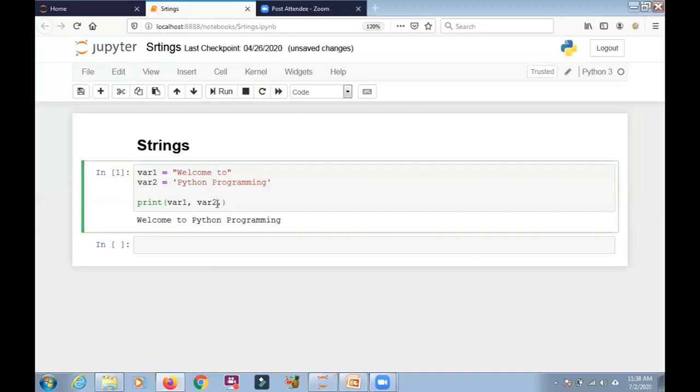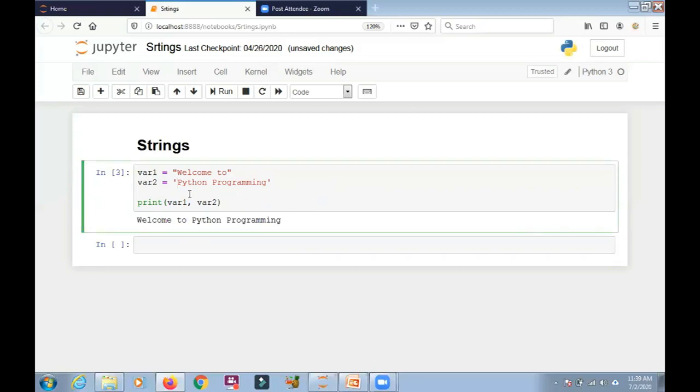Now I can change that. I am changing that separation to some other character. Now I am using a hash symbol. Then if I run this, automatically the hash will be included between both the objects. If I go with only the default separation, then a space will be included.